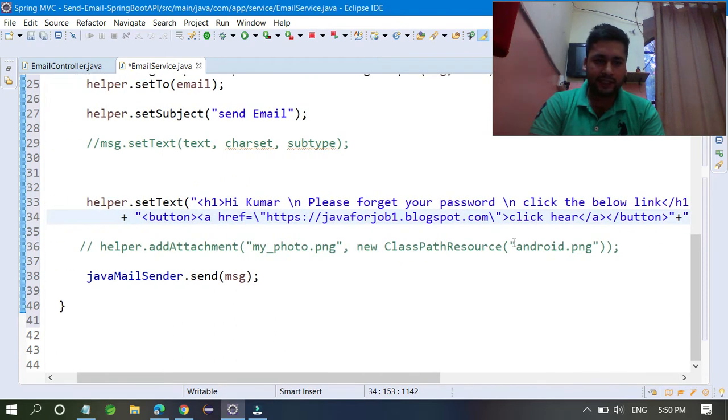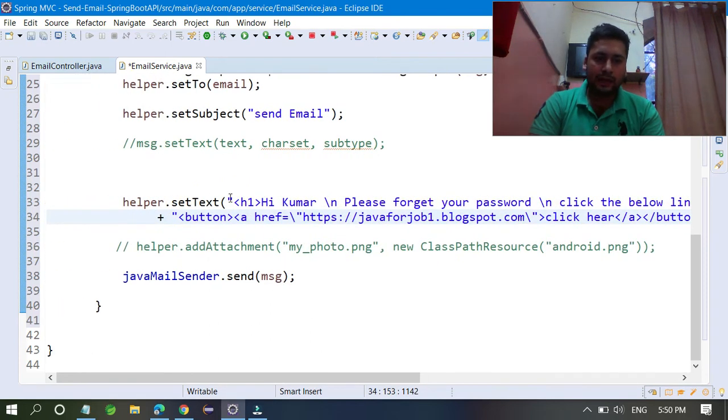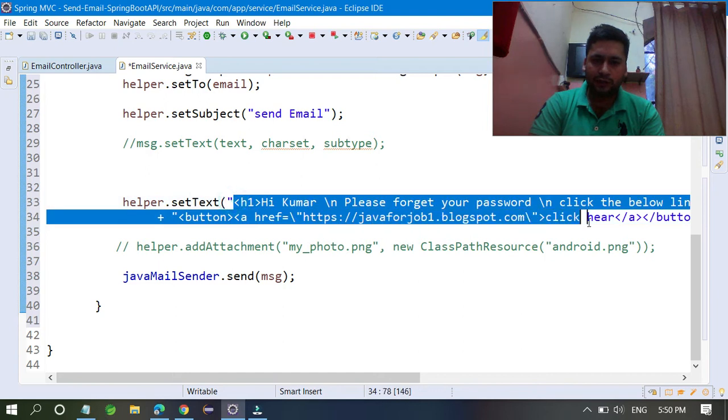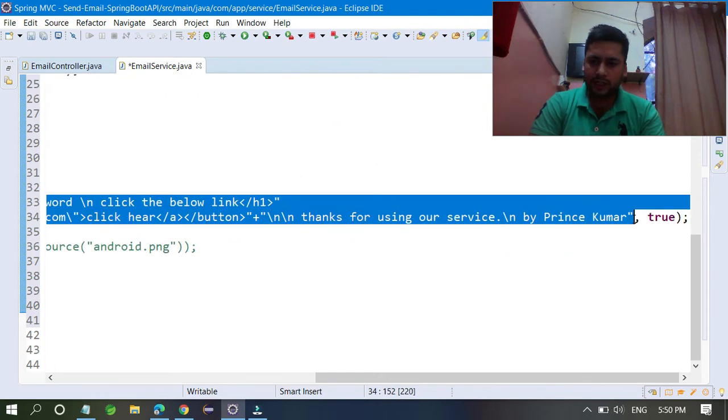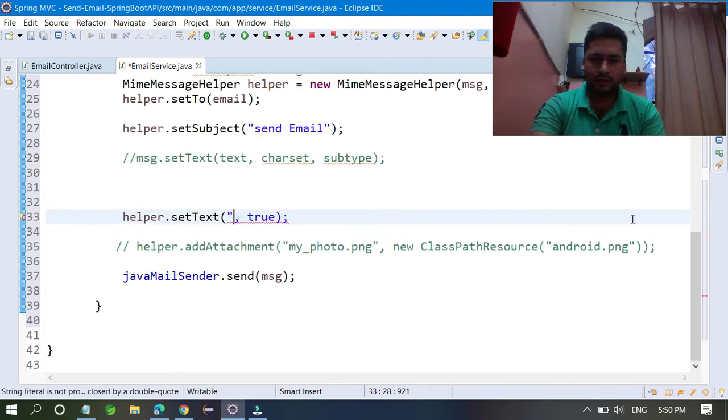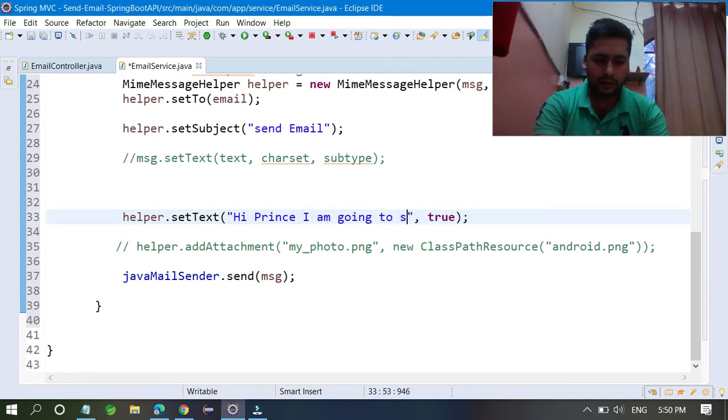Okay, everything is fine. In this helper.setText, I'm going to remove everything so that you can understand clearly. Hi Prince, I am going to send email to you.